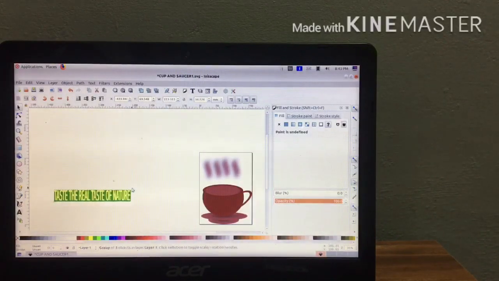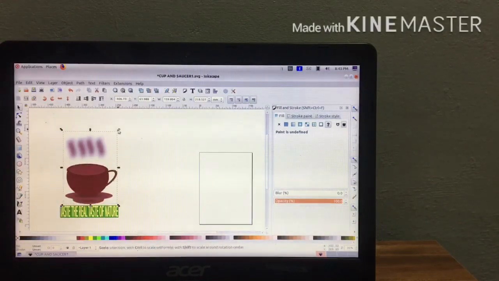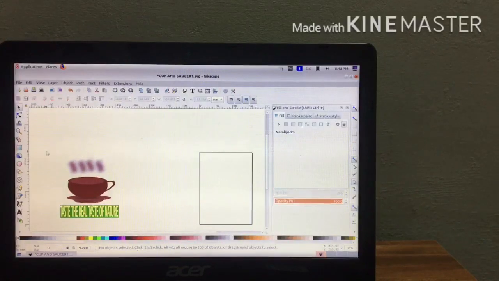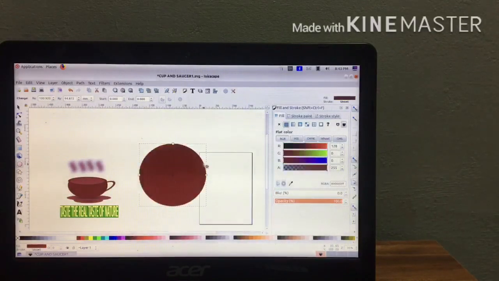Then keep the text below the saucer. For that, arrange the text, then keep the text below the saucer. Next, we have to arrange the text as a curve. For that, draw a circle by using circle tool.